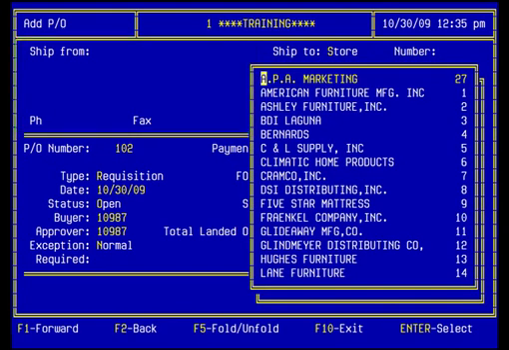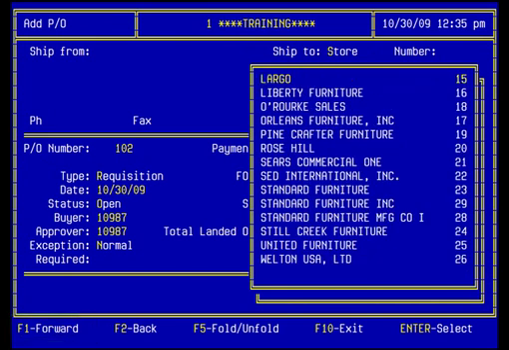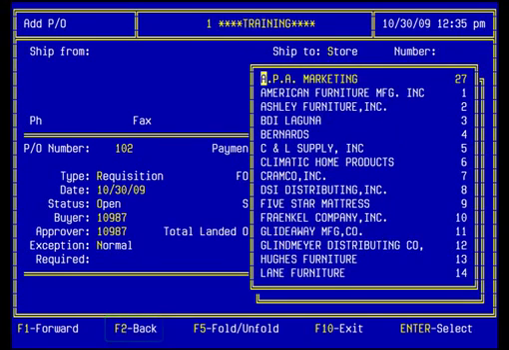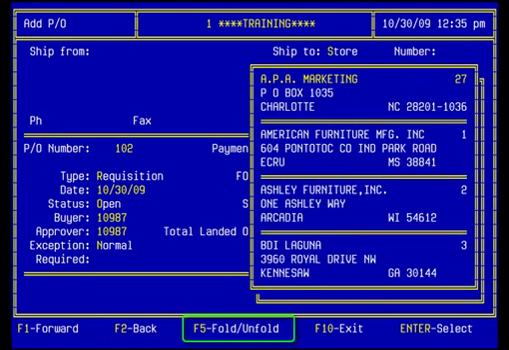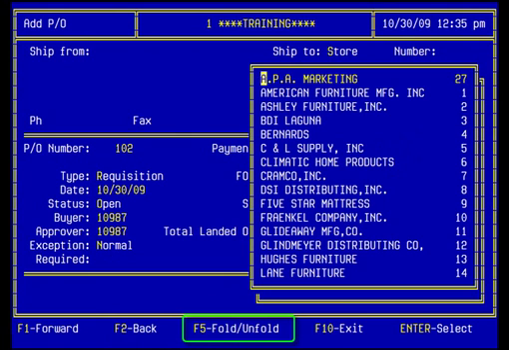and a vendor list will pop up. Select the vendor from this list. If you need to move forward in the list, you can press the F1 key to move forward. If you need to move back in the list, you can press the F2 key. If you need to check address information to ensure you're picking the right vendor, you can press F5 to unfold the vendor list to include the addresses, and you can press F5 again to toggle and fold the addresses off